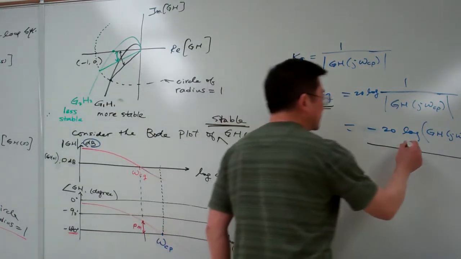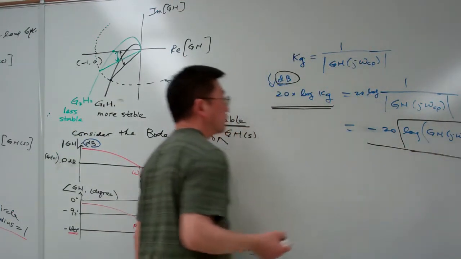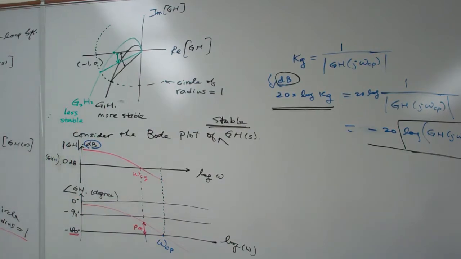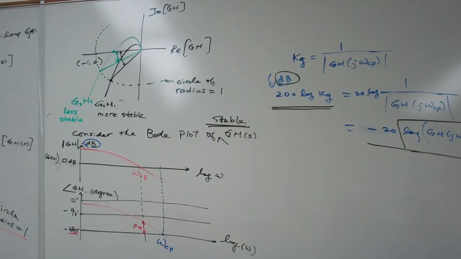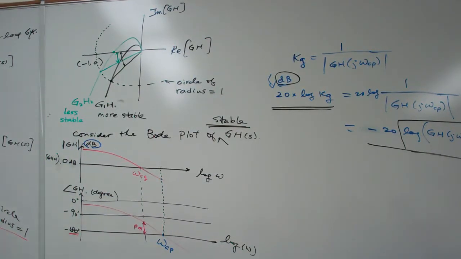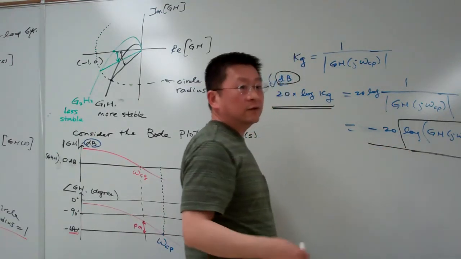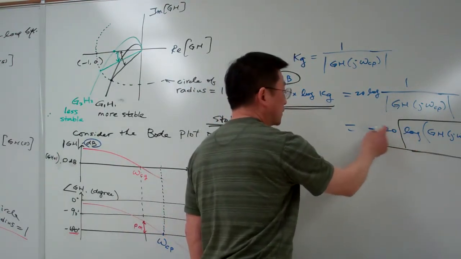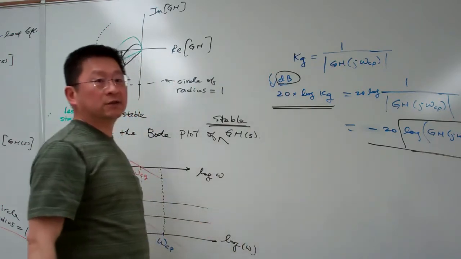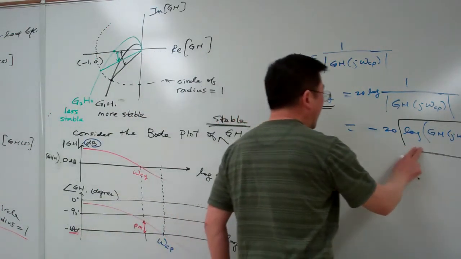And in terms of our graphics, that number for a stable system, the magnitude of the gain at that point, must be less than 1. So that means this log should be negative in nature. So negative and negative together basically become a positive. And actually the whole number here